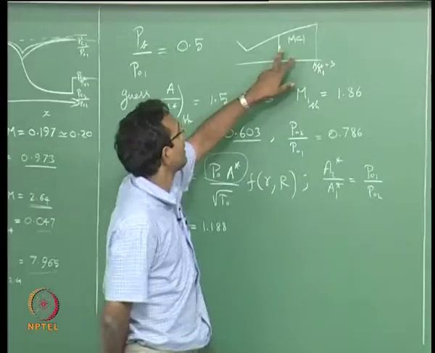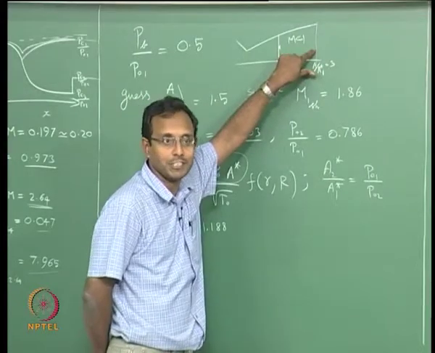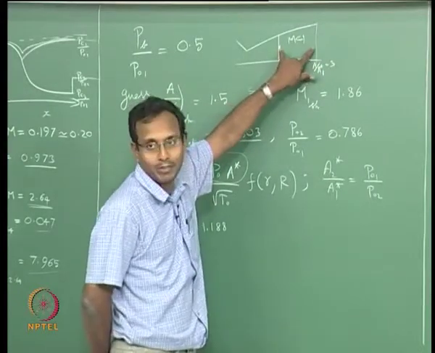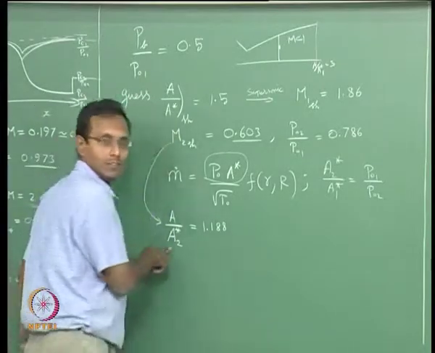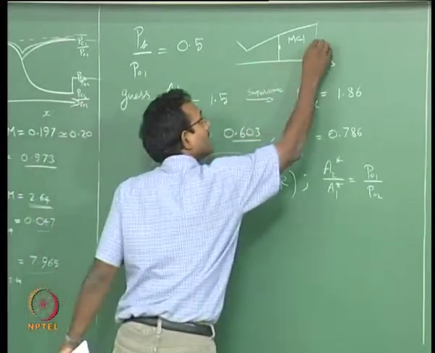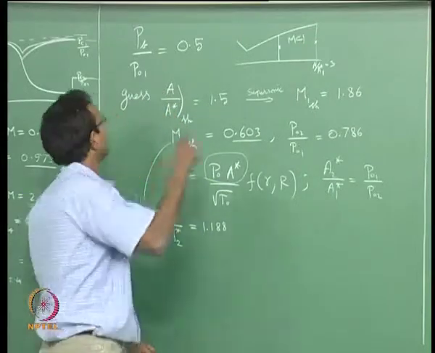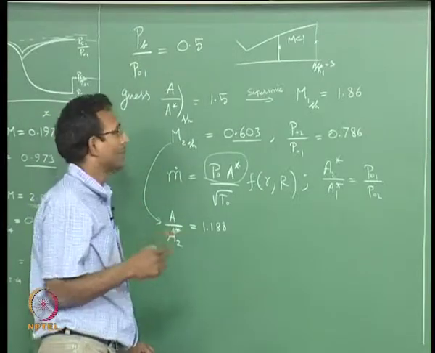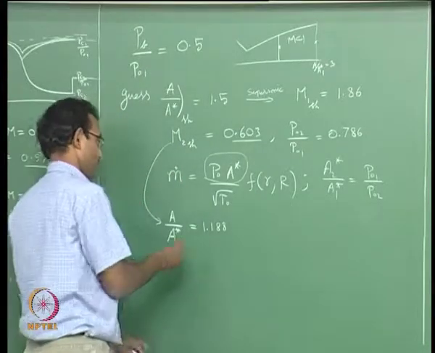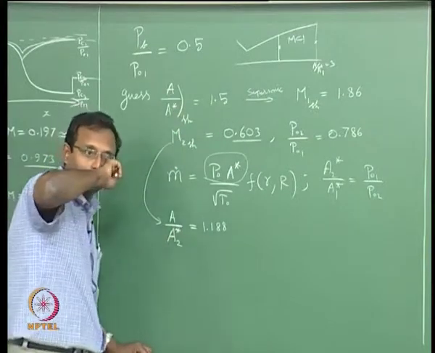Now the same A star will go from here all the way to here because the flow is isentropic here. Nothing is changing. Same mass flow rate, isentropic. So it has to be the same. So now I can use the same A star. I have to find the A by A star at the exit, which is our goal. We want to match that with 0.5 of P naught 1. That is the goal for us. So how will I find that? I have to find A by A star at the exit. How will I do that?